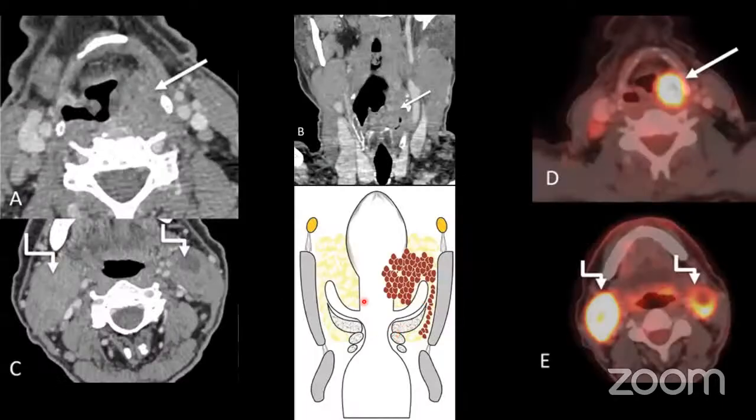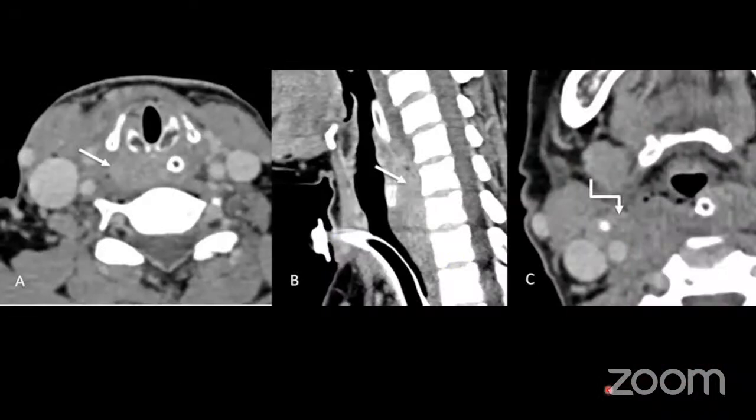This is an example of a hypopharyngeal malignancy. You can see the disease epicentered at the piriform sinus. It is extending caudally, involving the false cords as well. And the disease spread pattern is along the paraglottic space fat pad. So the disease can extend along the paraglottic space fat pad, reaching up to the true cords. There is bilateral metastatic nodal disease, which is large volume, as normally seen with advanced hypopharyngeal malignancies.